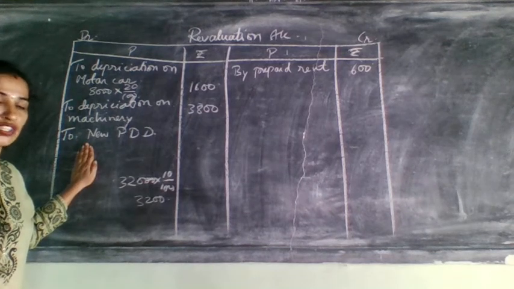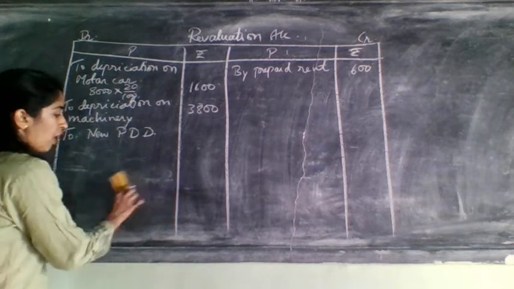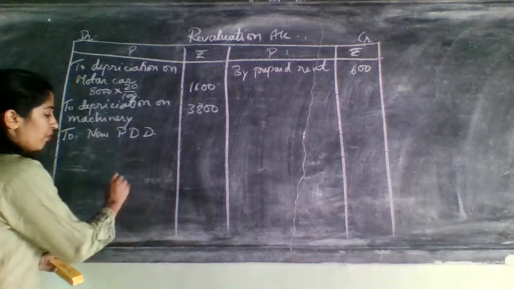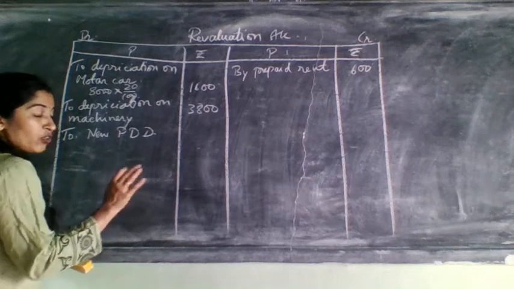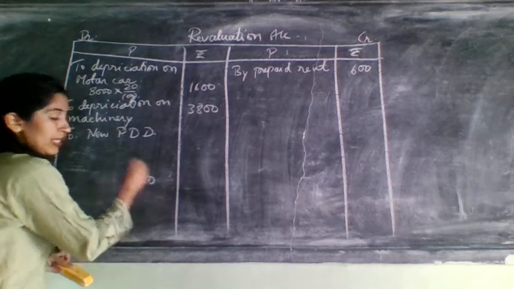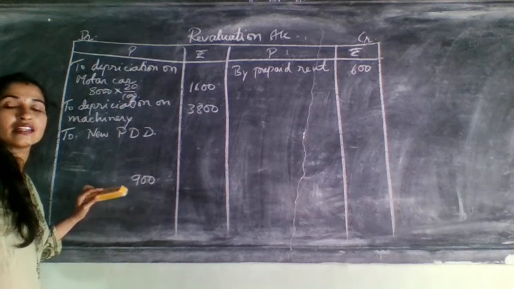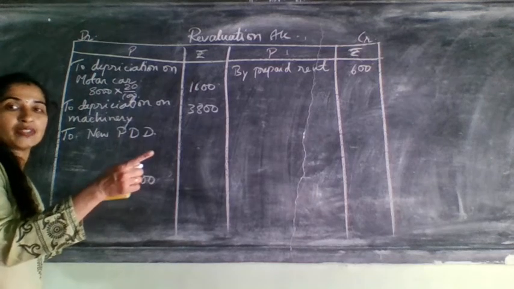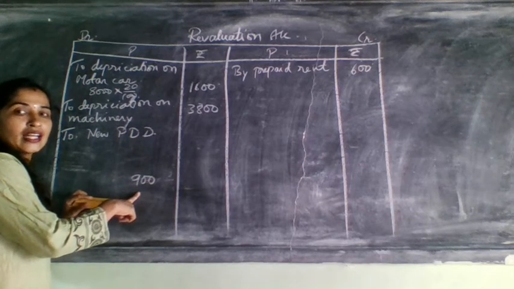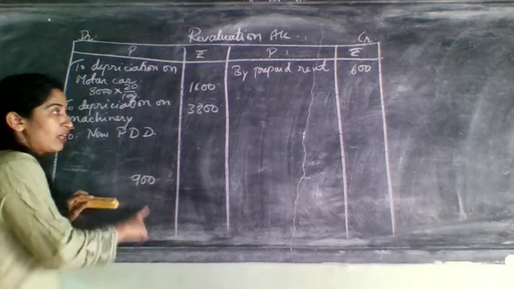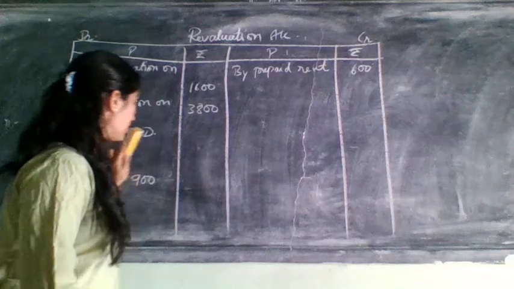When it was increased, consider it as new PDD and write it on the debit side of revaluation account. Suppose in the old balance sheet it was 1,000, and after calculating here it comes to 3,200. If they told you to maintain PDD at only 900, what do you need to do? Again compare with the old balance sheet. Old balance sheet it was 1,000. Here it was 900. That means 100 was what? Recovered now. So that will come on which side? Credit side of revaluation account.